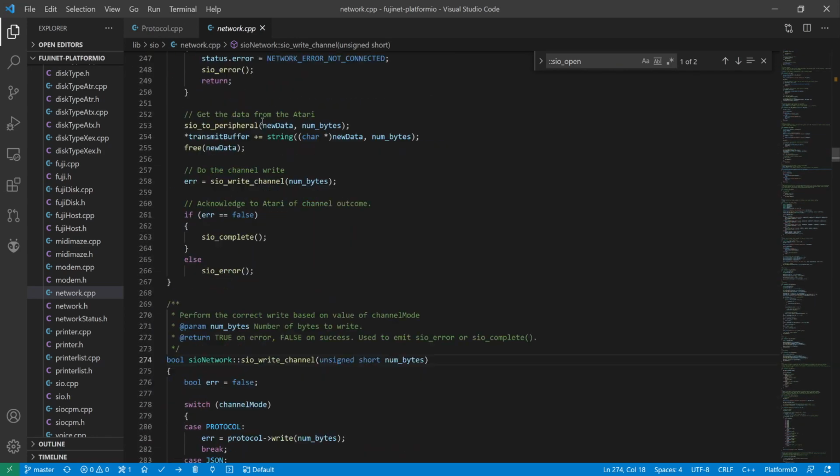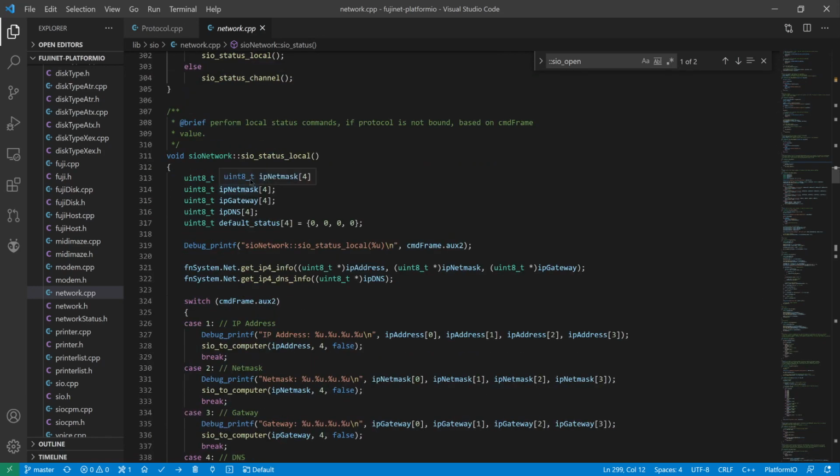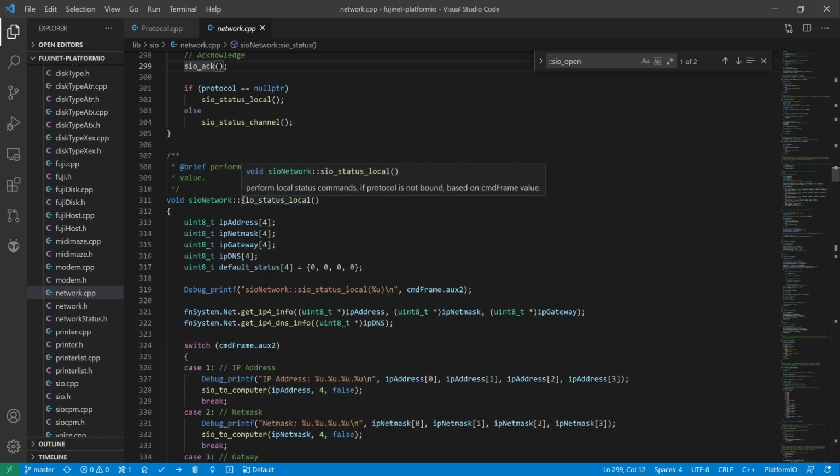So we have the write and write channel. Finally, we have SIO status. And SIO status, again, has multiple layers depending on whether or not a protocol is instantiated or not. And for local status, if no protocol is instantiated, you can do an